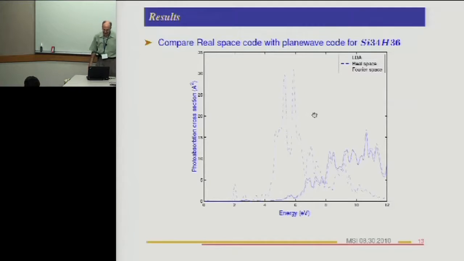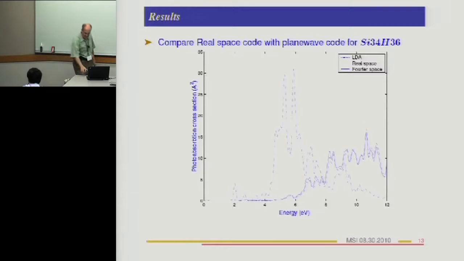So this is showing, I'm sorry for the quality of the picture here, the difference in time, and that the real space and the Fourier space give exactly the same result. This curve, as you see here, is just the one based on LDA, in other words, the ground state. So it's just to show that if you use the wrong method, it doesn't work. Comparing here, it really shows that the two methods give identical results.